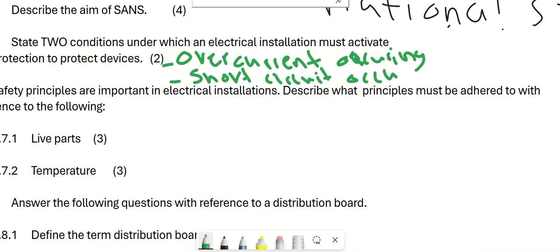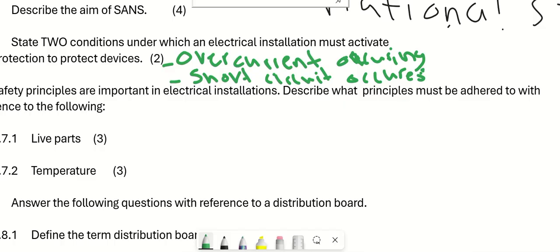So when a short circuit occurs, the electrical installation must activate the protection to protect devices, which means it will trip the circuit breaker so that the whole circuit automatically switches off. That's what they mean by activate protection to protect devices. So that's what actually happens. Hence, I explained with a kettle that if it draws too much current, it will trip the circuit breaker, sorry.